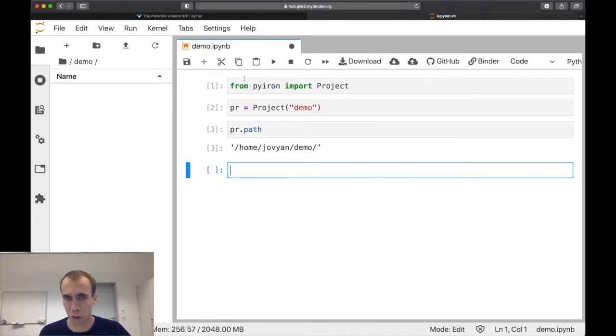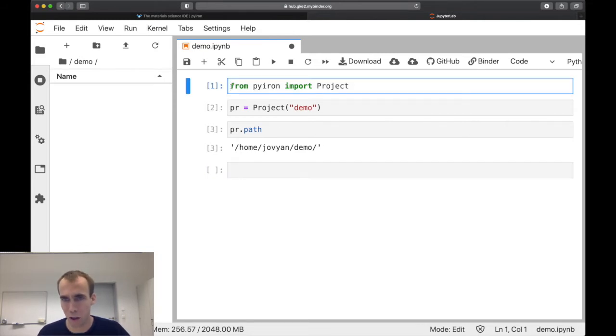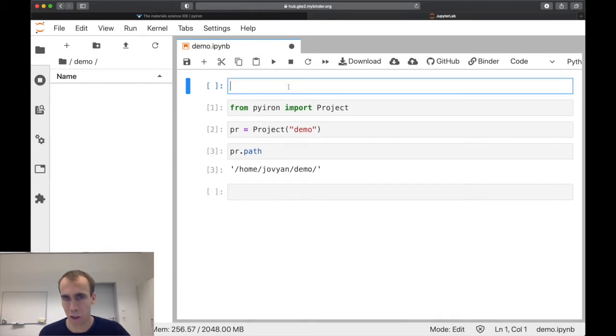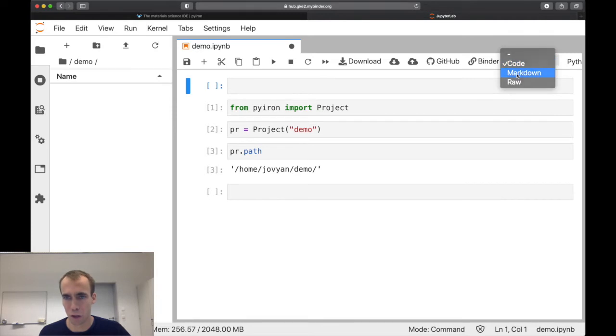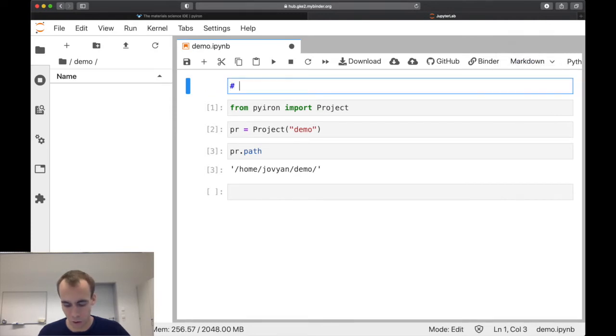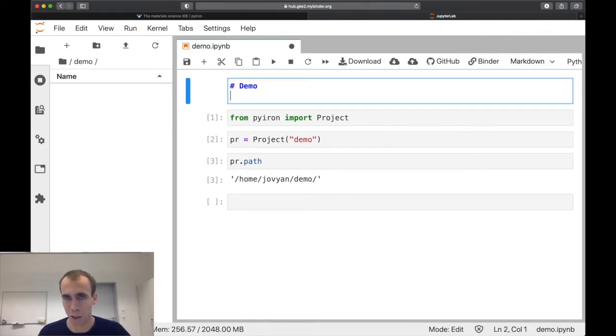Before going deeper into the pyiron part, let me briefly motivate the use of Jupyter notebooks rather than the classical terminal. For this, I now press Escape and A to create a new cell. And let me shift from code mode to markdown mode. The advantage here is really that we can add documentation directly within our environment. And so here I use now the markdown language to add some documentation,